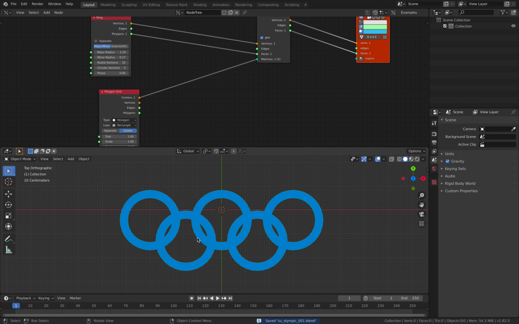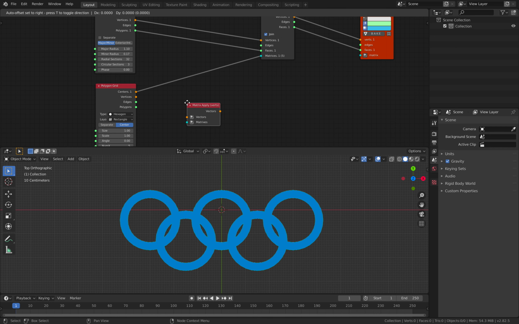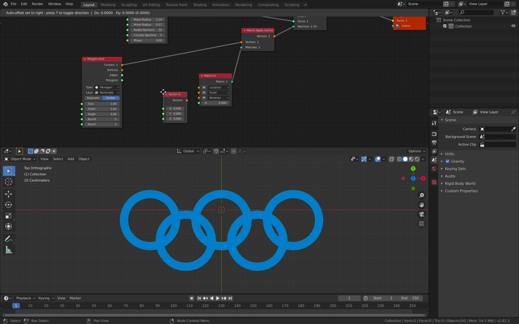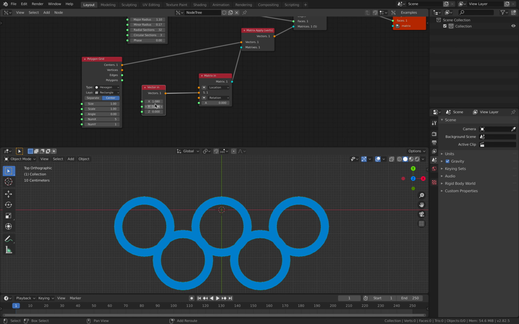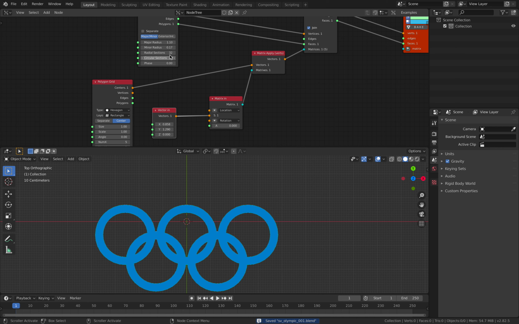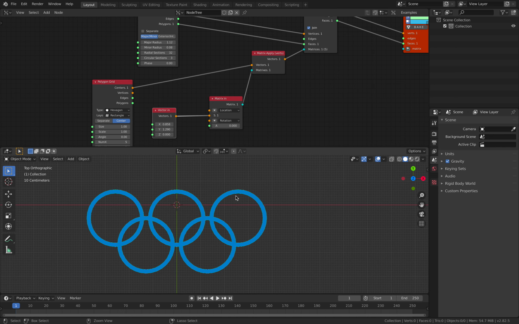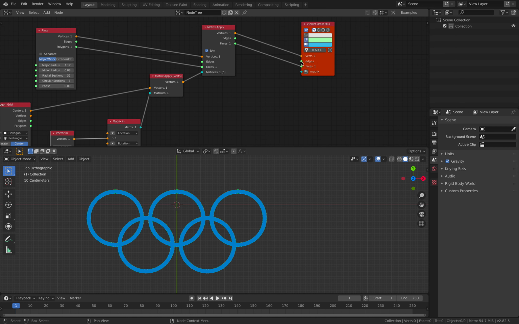So perhaps we can just scale the actual points using matrix apply. And here's the trick. Let's plug the vector into the scale. Now we can really control the positions of the rings. So it's pretty much like that. Yeah, more or less, we can have less tick. We can actually reference this and adjust it until it looks perfect, but for now it's okay. We can bake this,